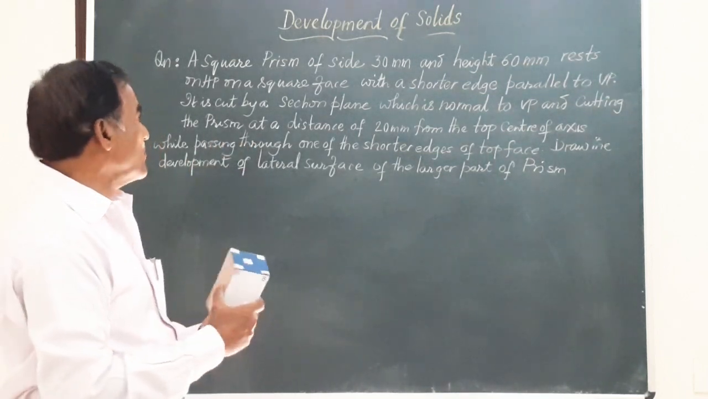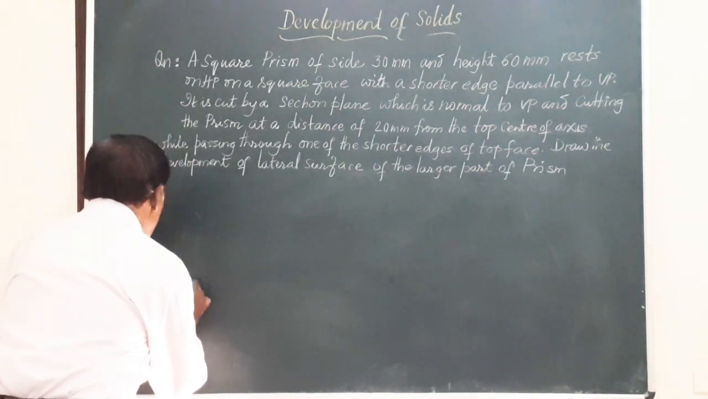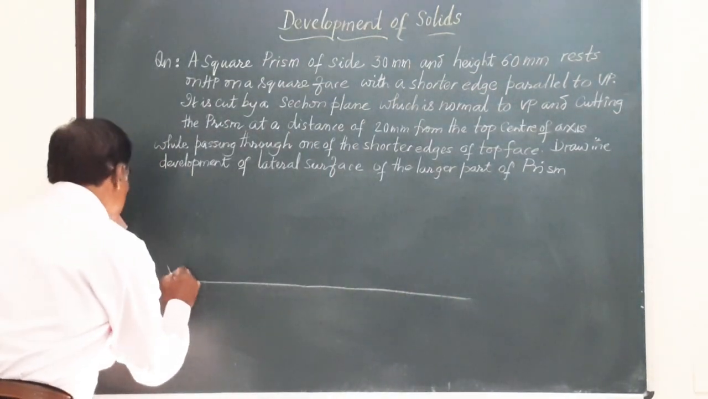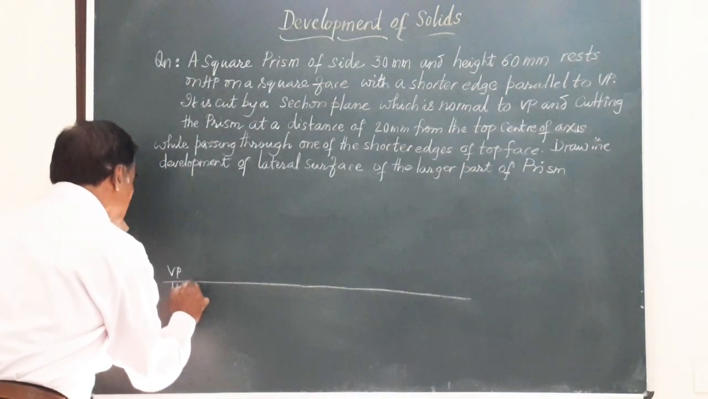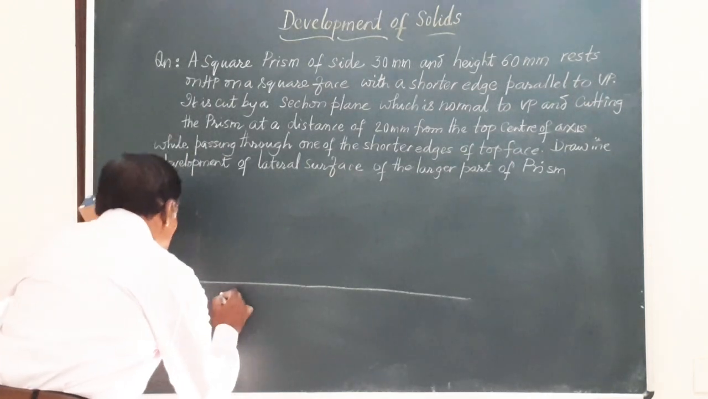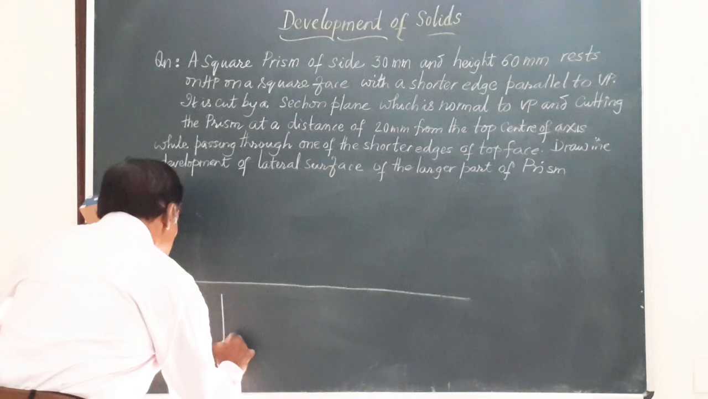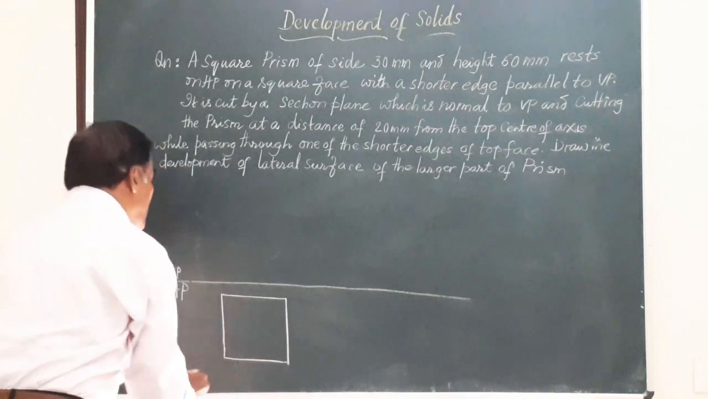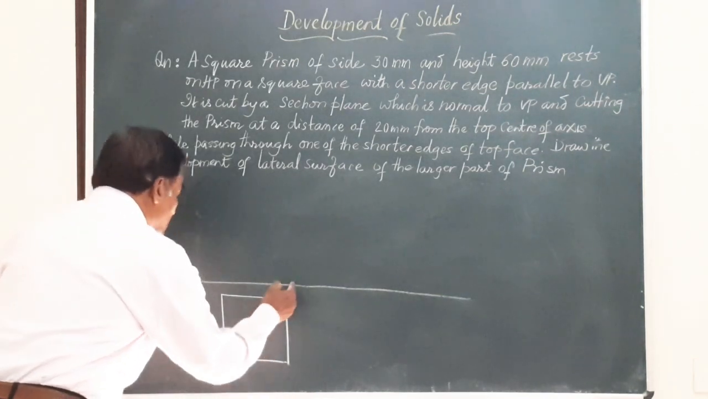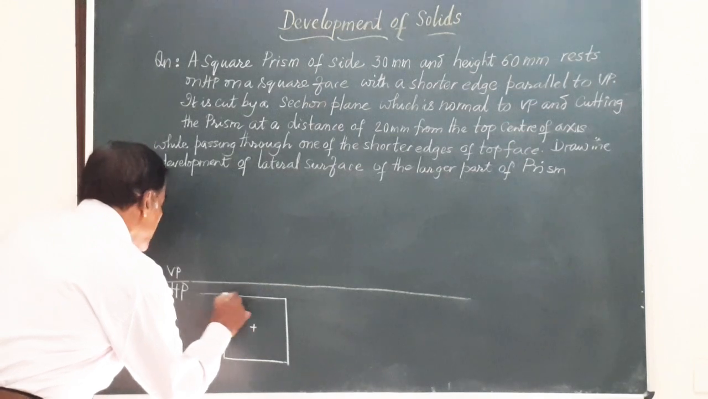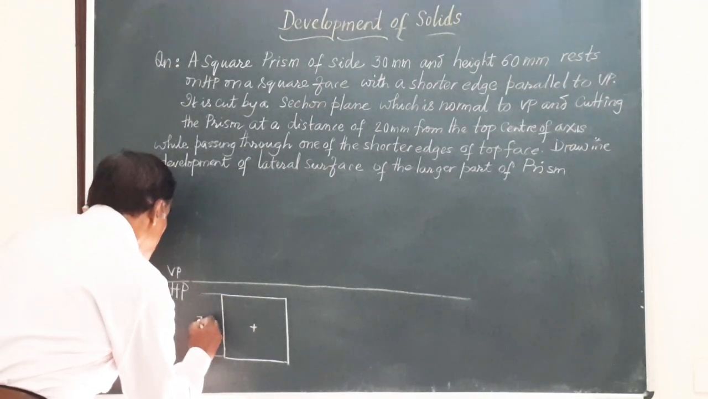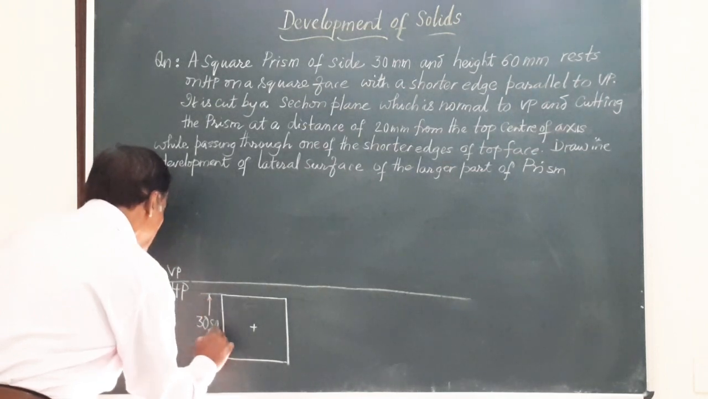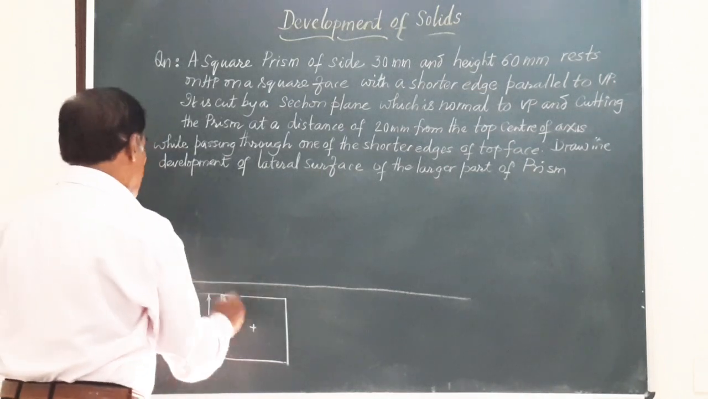Draw the front and top views of the solid. So I will just mark an XY line, mark it as VP and HP, indicating first angle projection. Draw the top view, a square. This is the top view, a square we have got. Locate the center by joining the diagonals, and this has got a dimension 30 mm. I'll write down here SQ30, indicating it is a square having 30 mm dimension,